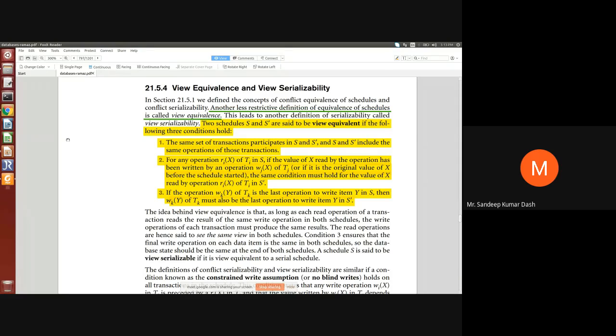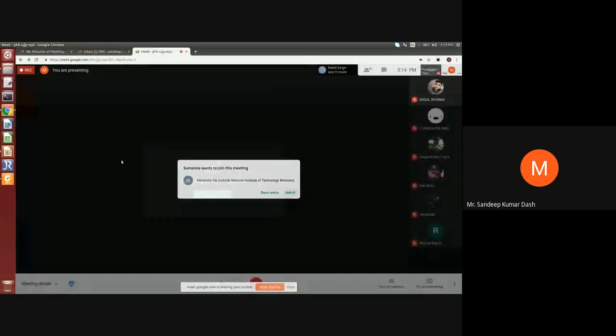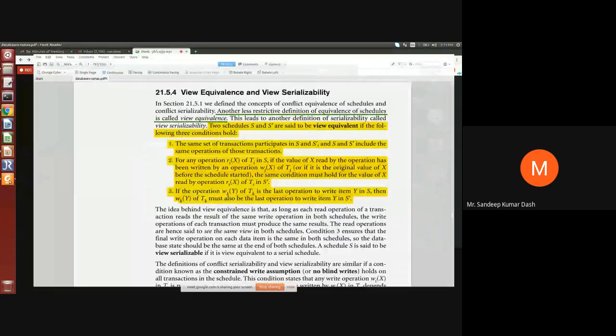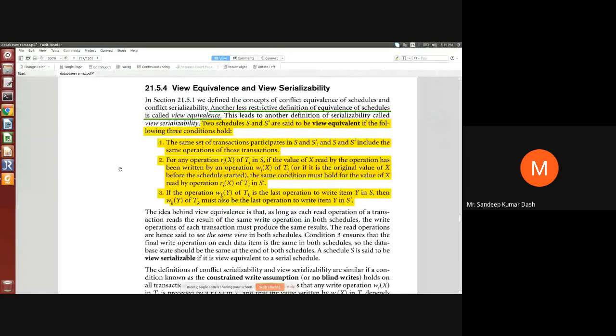One is conflict, another one is view. In case of conflict, you are checking which operations can be rearranged in a transaction so that you can make them serializable. So that process we saw. One is by shifting the operations one by one, and another one is by the graph. Whichever graph is having a cycle among any two transactions, you say that is non-serializable. If the graph is having no cycles, then that is serializable. Right. Now, one small part left was view serializable.